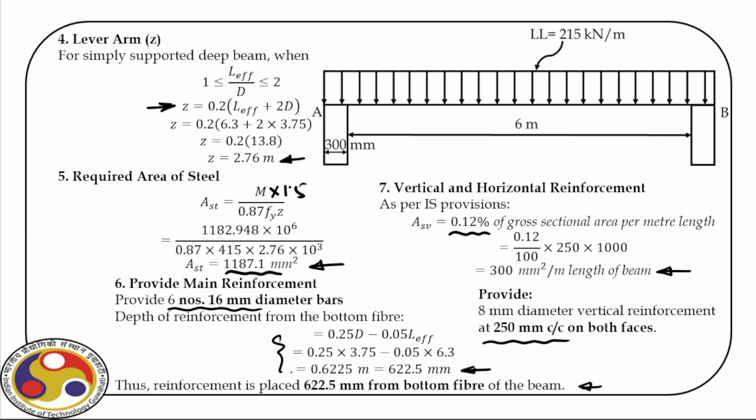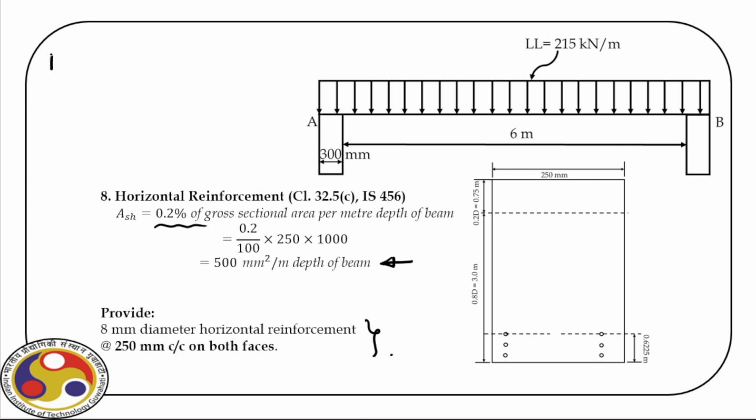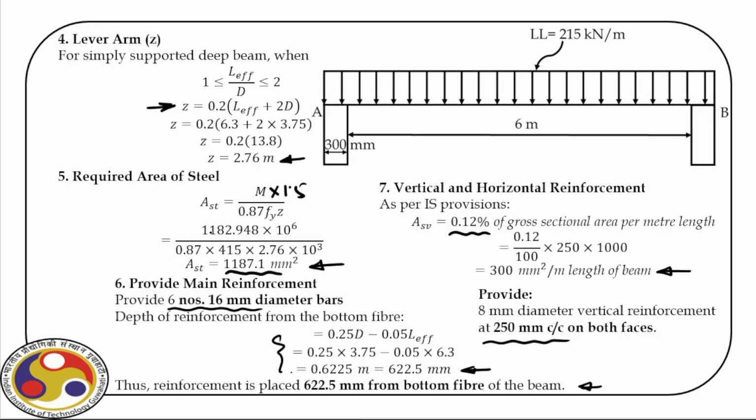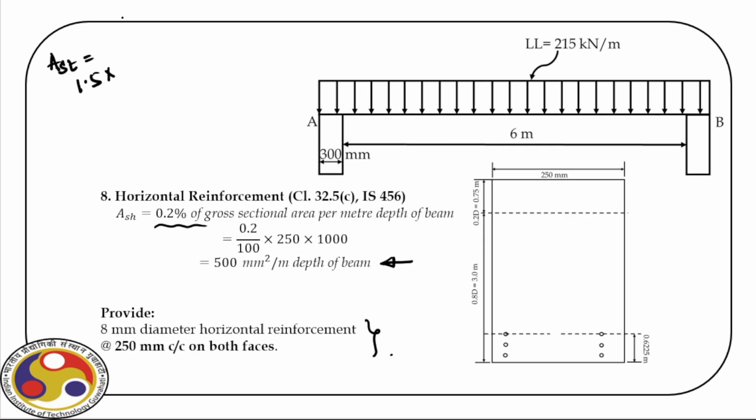So the main steel required, Ast, is equal to 1.5 times, we had 1187. So the factored steel required is